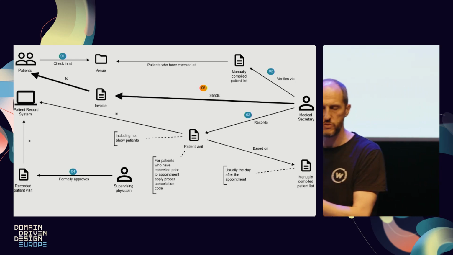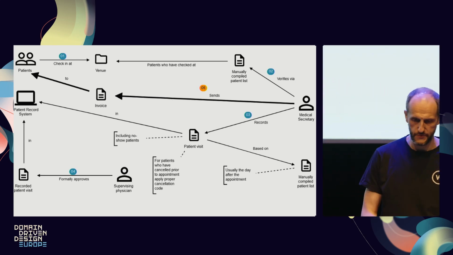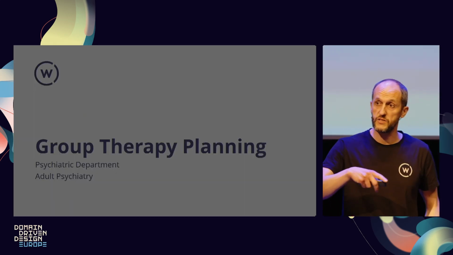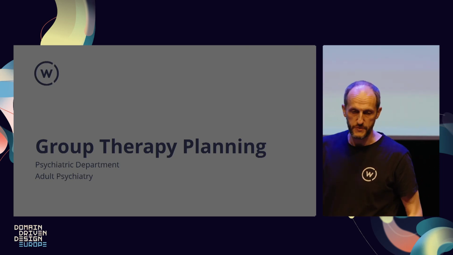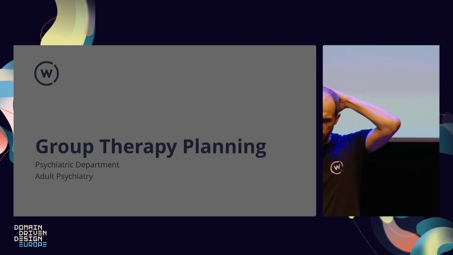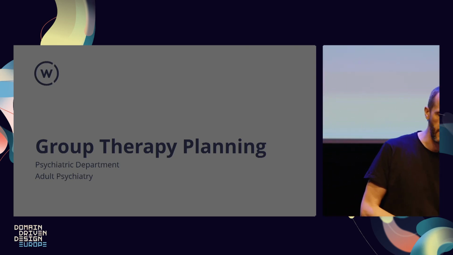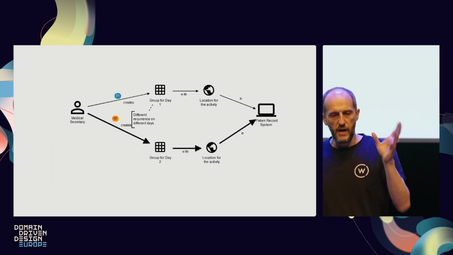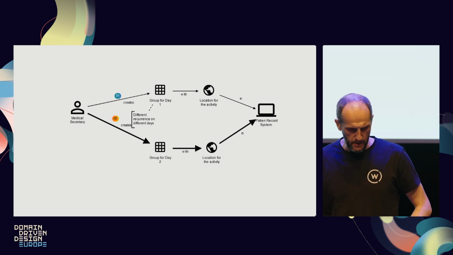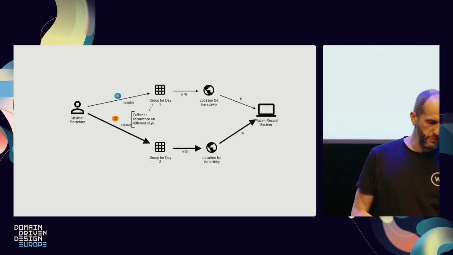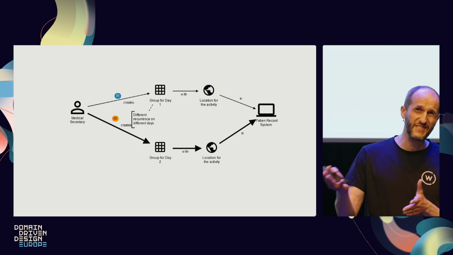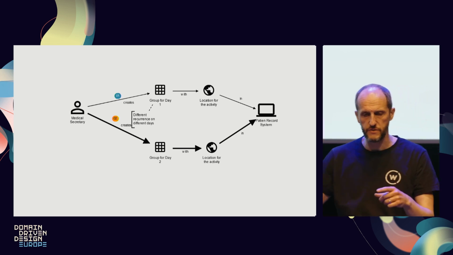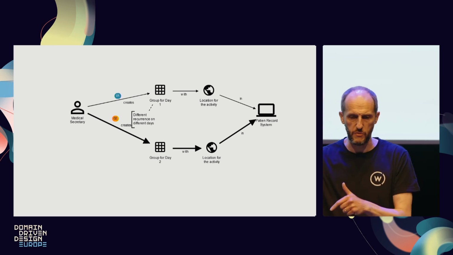Check-in was more about attendance and invoicing. Okay, so we are in the same workshop and asking the same story to another domain expert. This is in psychiatry. What do you do when you plan? Okay, let's say we have appointments every second Wednesday and every Monday. So we have different recurrence for different days and on different locations, and we put them in the patient record system.